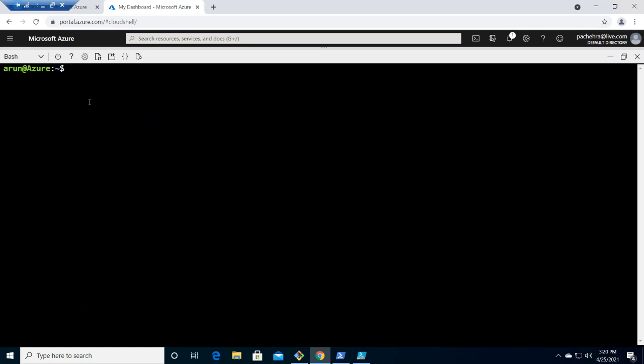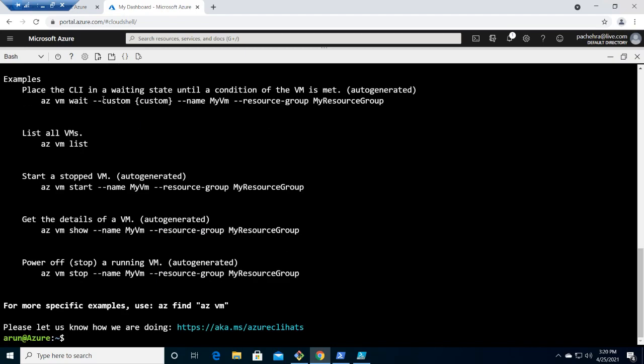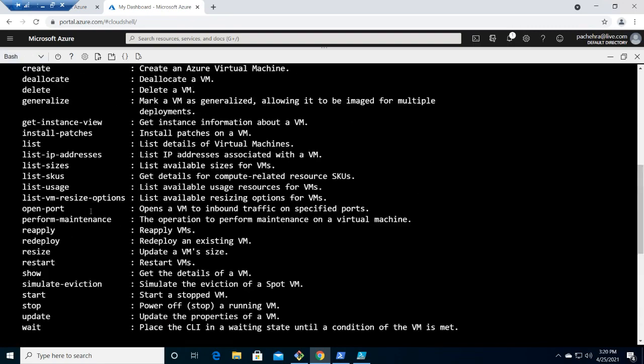Now let's get into the VM creation. I'll also try to cover a few things, like if you do not know how to operate the CLI, how can you ask the CLI for help? So we are going to create the VM. It's az vm, as simple as that, but we do not know what's going to happen next. So what we can do is add --help, and it will help us with a lot of information.